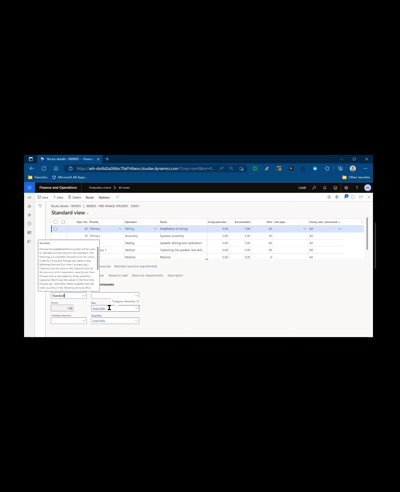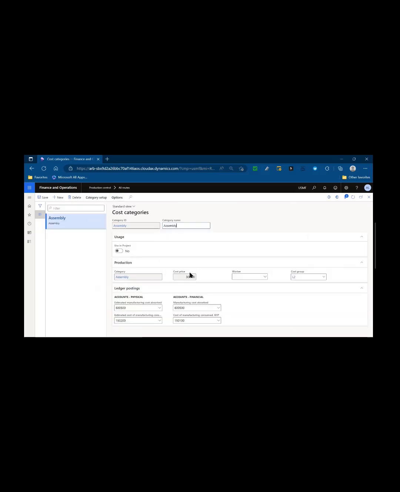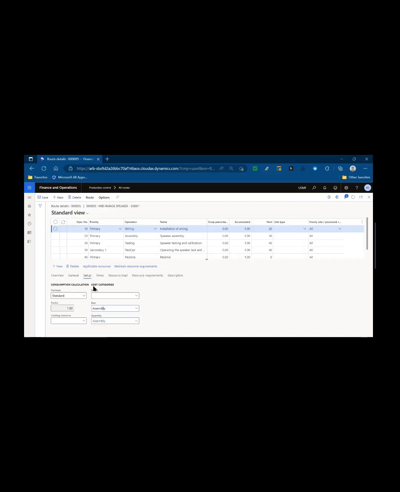So this particular operation happens on assembly. And that cost category with that $300 an hour rate is using cost group of L2. So when they report labor against this production order, it's going to show under cost group 2. If there were 2 hours associated with the operation, we'd get $600 reported against cost group 2